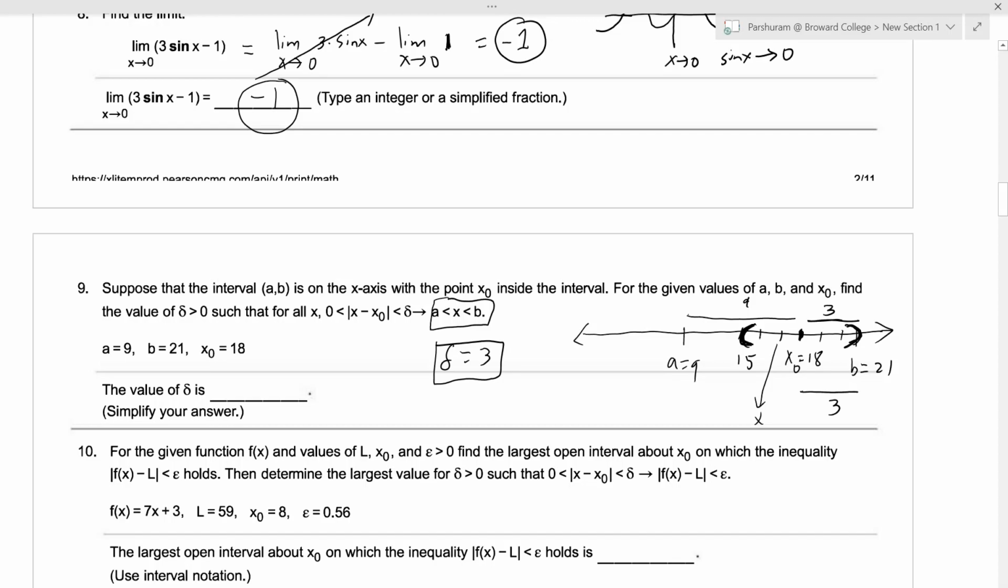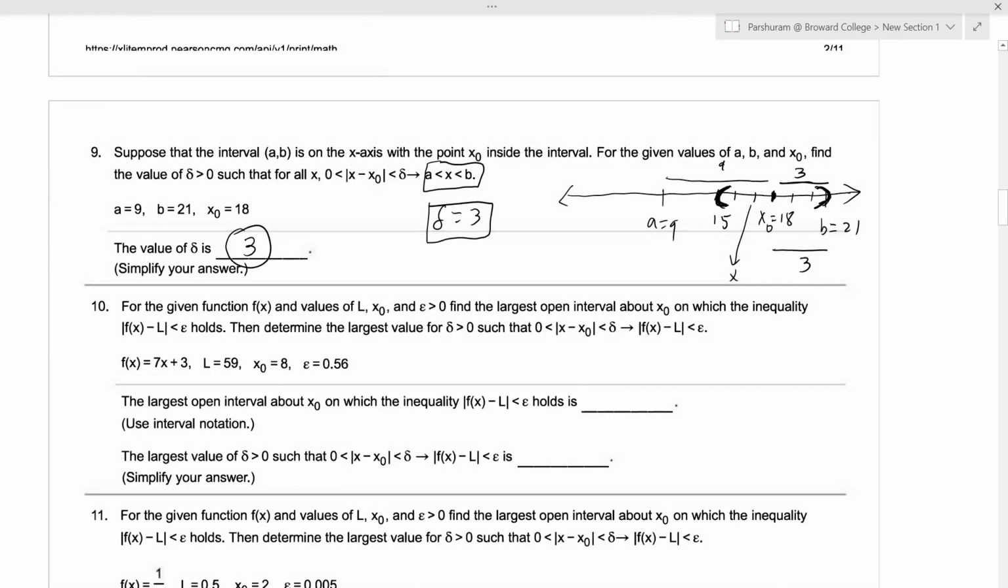So to find that value of delta, you just have to find the distance between x0 and A, and x0 and B, and choose the smaller one. In this case, that's 3. That's why the answer for this question is that the value of delta is 3. Okay,